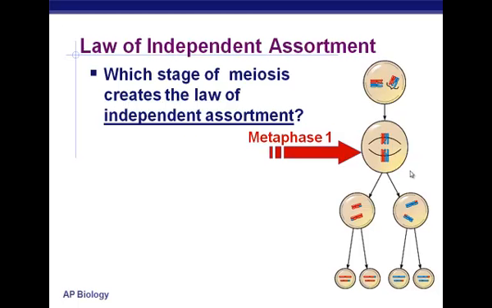Or this red one could stay this way and this one could have been switched. Or this one could have stayed this way and this one could have been switched. Right? And again, it's almost harder to see that with just 4 chromosomes there. But when you start to figure out 23 tetrads lining up across the middle, and the fact that each tetrad could face one way or the other, right? And I could flip this one and keep the other 22 the same, or I could flip this one, et cetera, et cetera. It gets kind of crazy in terms of those numbers,